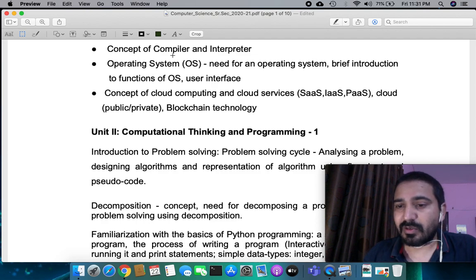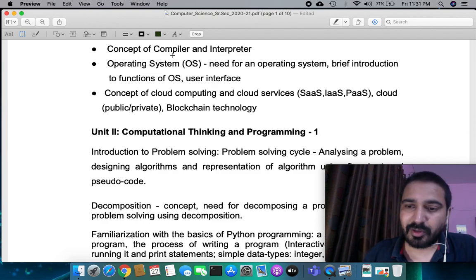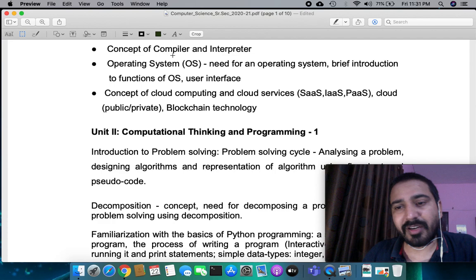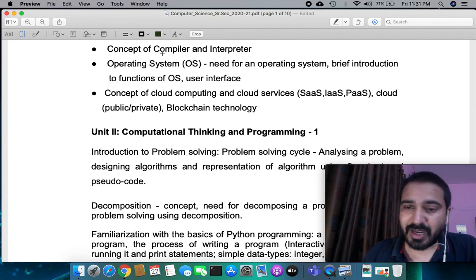When you are converting your program to some meaningful output, if there is an intermediary file available, and that file is going to be interpreted in the computer's language, then that language is a compiled language. It uses a compiler, because it compiles your code, creates an intermediary file and then gives the output. So that is a compiled language.